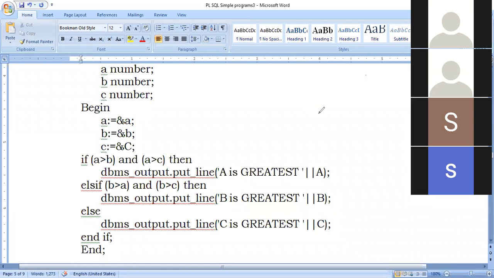Okay, let me continue. Now, as you can see in this program, we are accepting the values of the variables dynamically from the user, that is, at the time of execution. One more thing you have to understand here: for convenience, I have kept both these names the same. If A is a variable whose value I have to initialize, I have used ampersand A, but it is not compulsory that it should be the same.